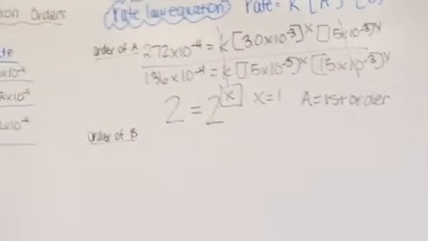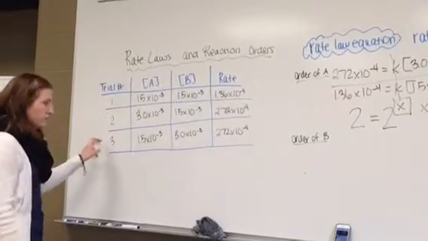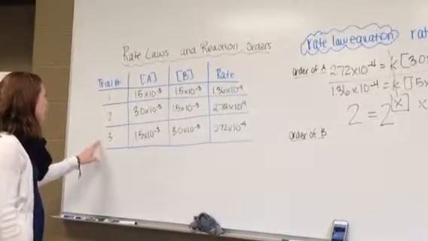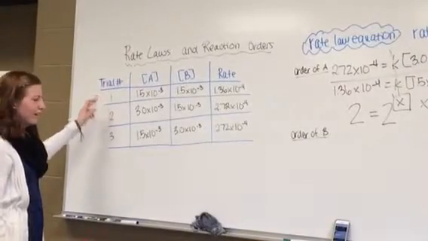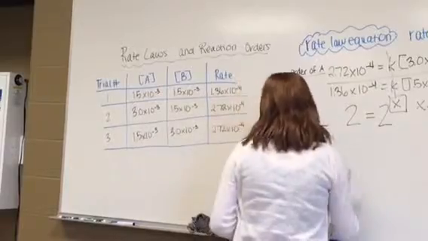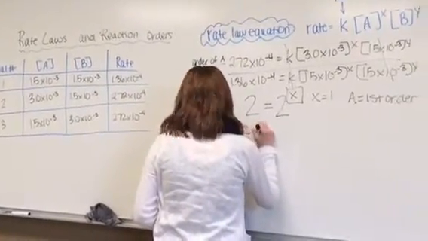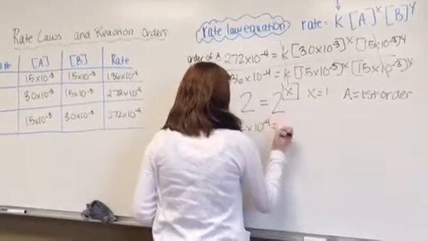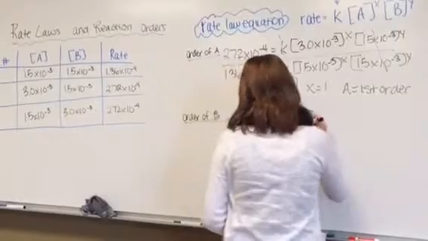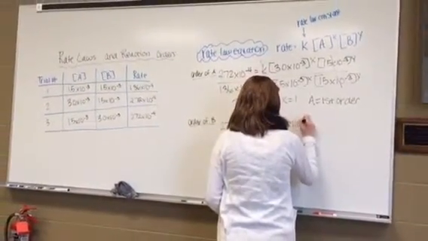To find the order of B, we do the exact same thing, only we need to find 2 trials where the concentration of A is exactly the same. In this case, we would use trial 1 and trial 3. Starting with trial 3, our rate is 2.72 times 10 to the negative 4th, which equals K, times A, which is 1.5 times 10 to the negative 3rd to the X,